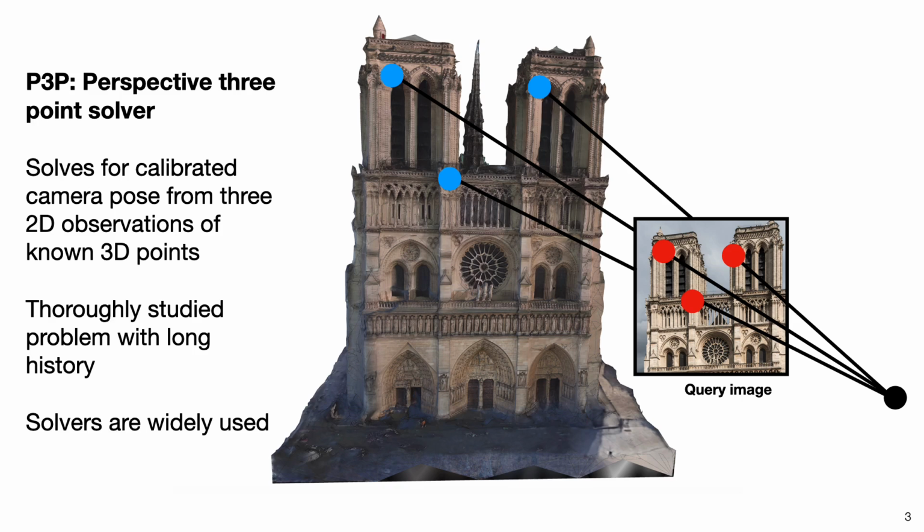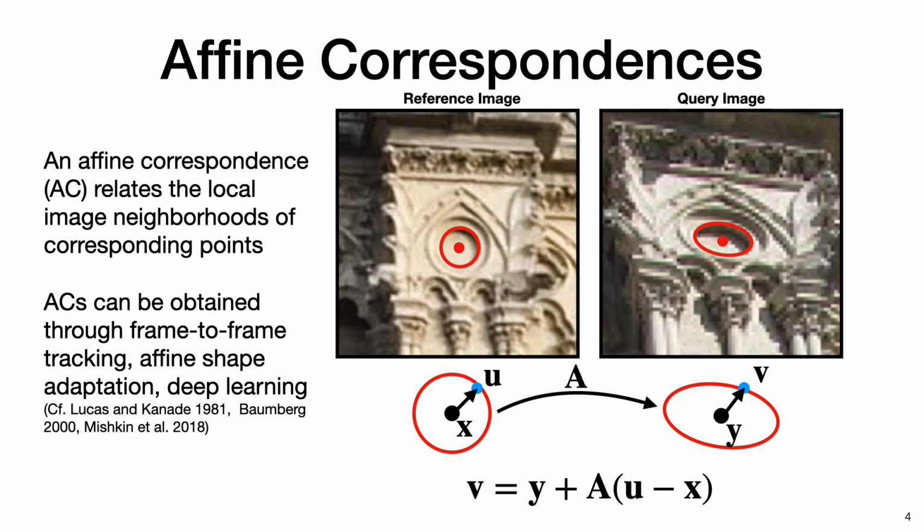The most widely known solver for this problem is called P3P, or perspective 3-point. Given at least 3 2D observations of known 3D points in the scene, we can estimate the pose of the query image. This is a thoroughly studied problem with a long history, and P3P solvers are currently used in many computer vision applications. In our work, we were interested to explore how affine correspondences could be used to improve image-based